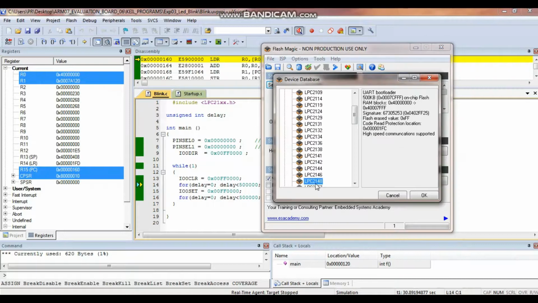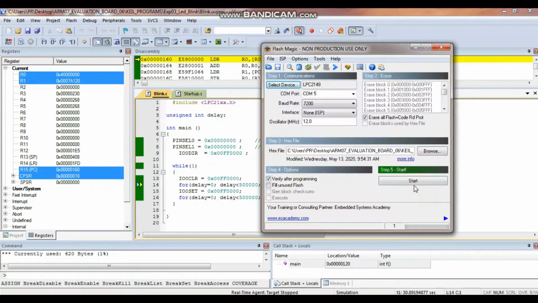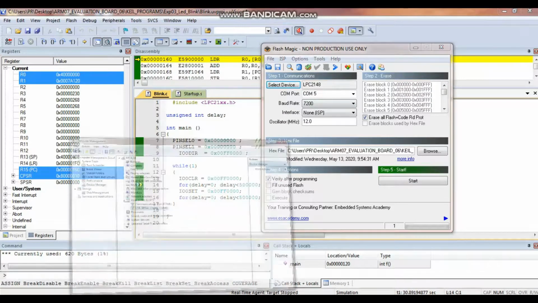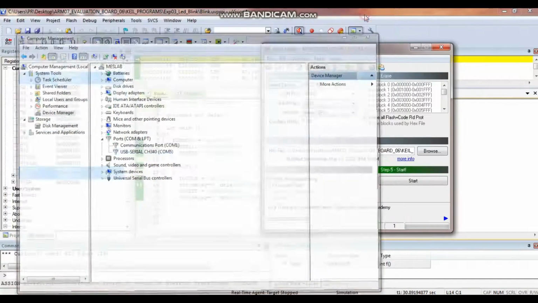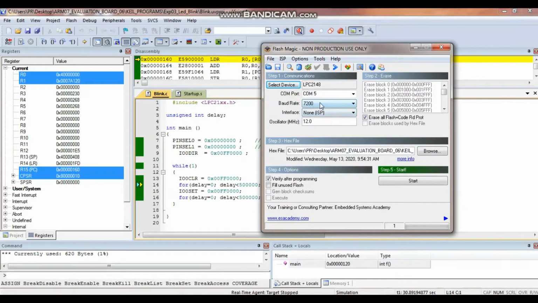Now select the device which we are using, that is LPC2148. Click OK. Then the COM port where it is connected. To check that, you have to go to My Computer's Device Manager. You will find USB serial CH340 which is connected at COM5. Just minimize it. Then set the baud rate. Normally we choose 9600 or 72000, one of them.